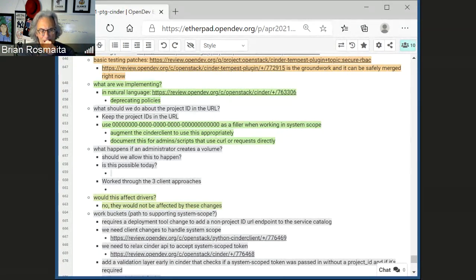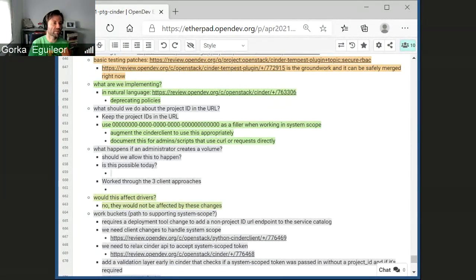Not really, because if I understand correctly, a domain can have multiple projects, right? Yep. So how will we be able to know, in the Cinder API code and everywhere, if I'm the administrator of a domain with multiple projects, that I am allowed to do that as an administrator?